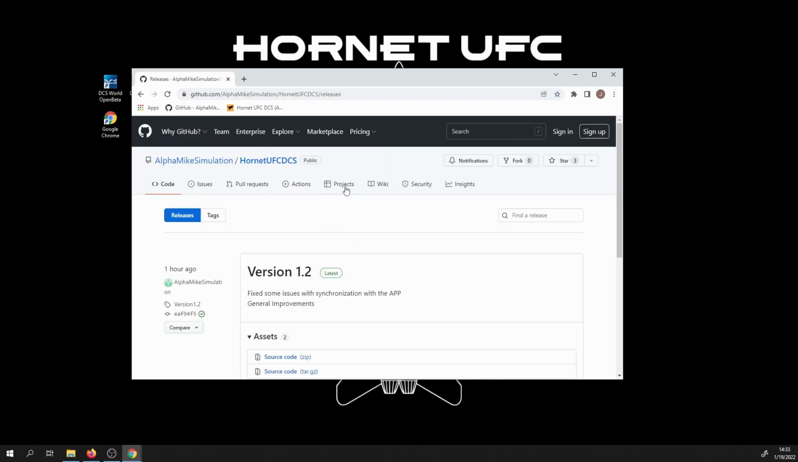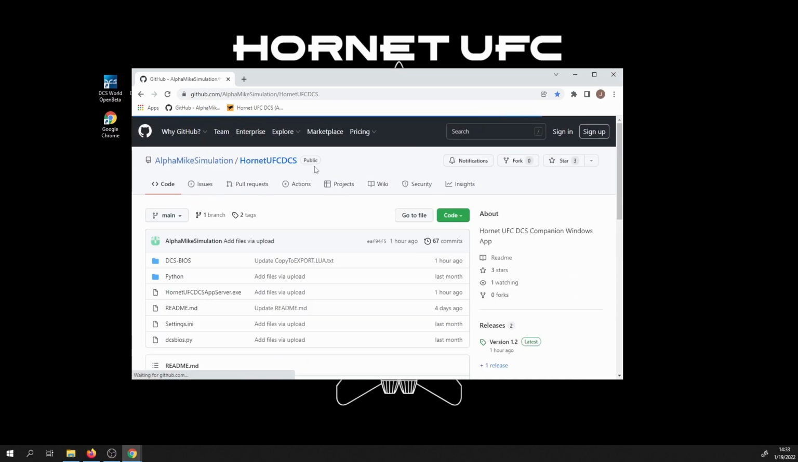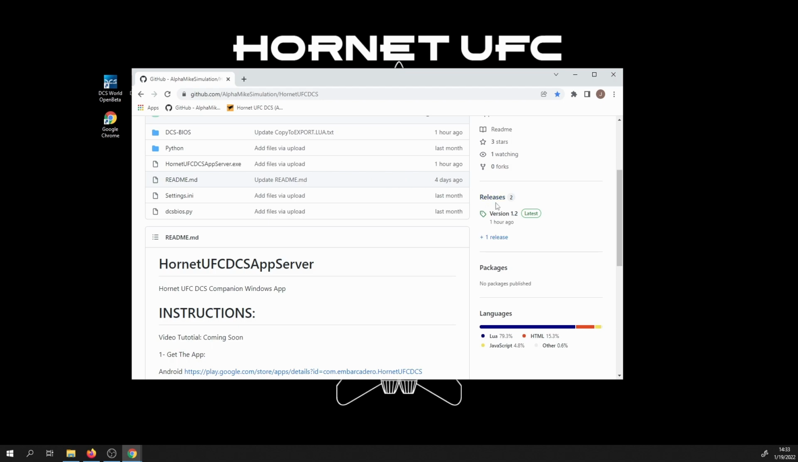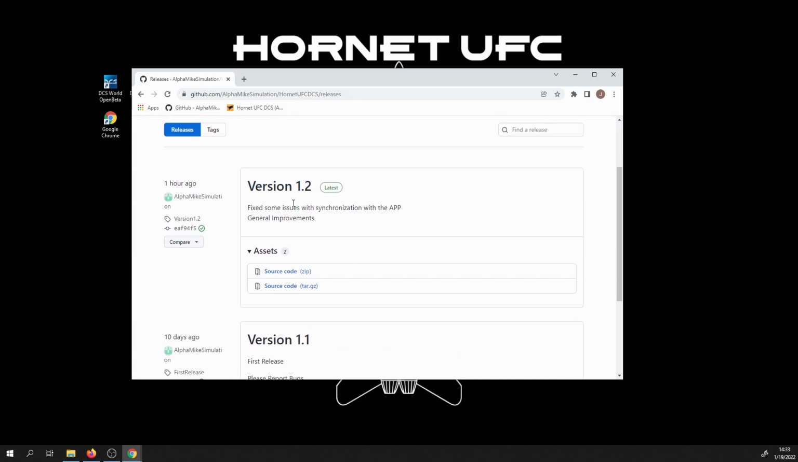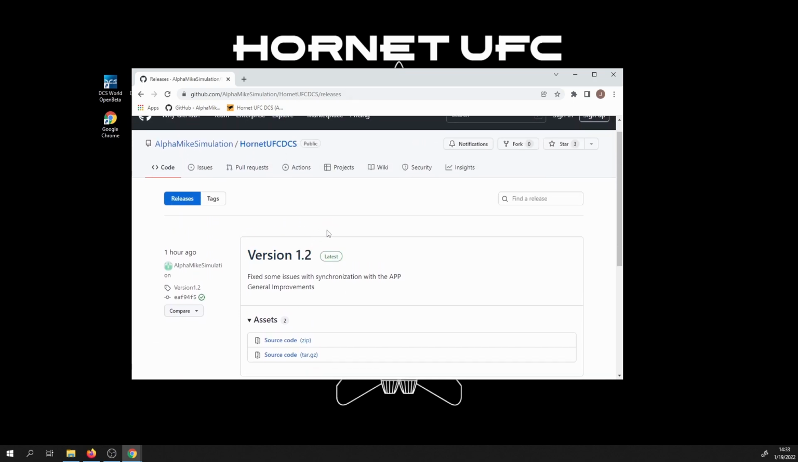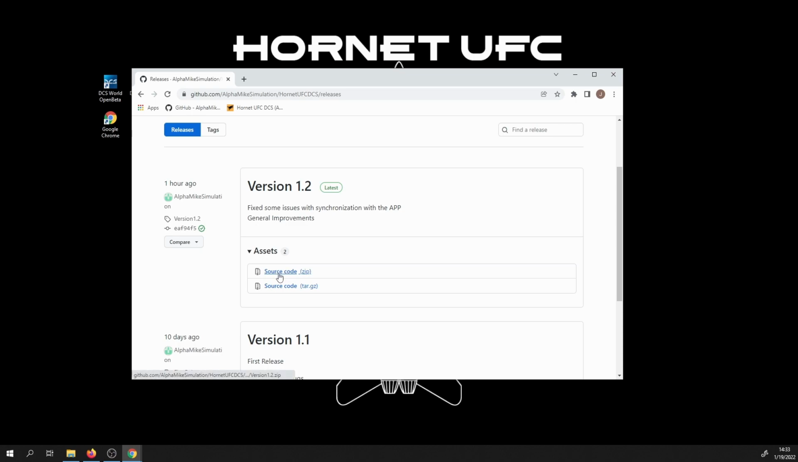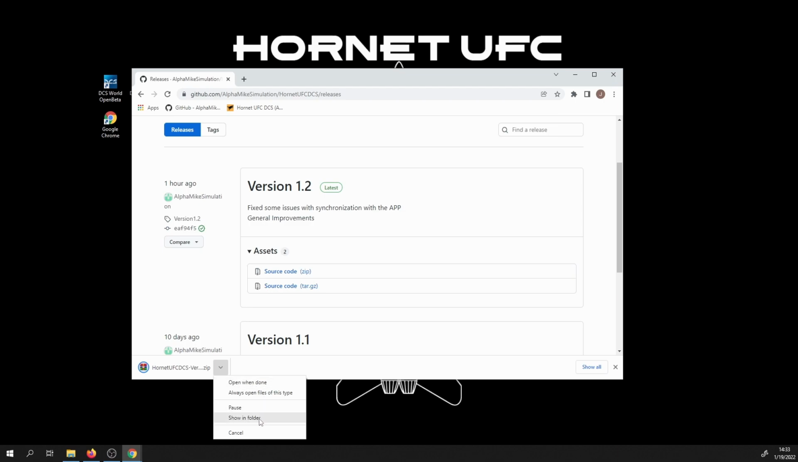Once you get to the GitHub repository, if you're on the release, you can just go ahead and download it. But if you're on the main page, you can go to the right side of the screen where it says release, and click on +1 release. Get the latest version, in this case 1.2. Click on source code zip and download. Wait for it to download, and then